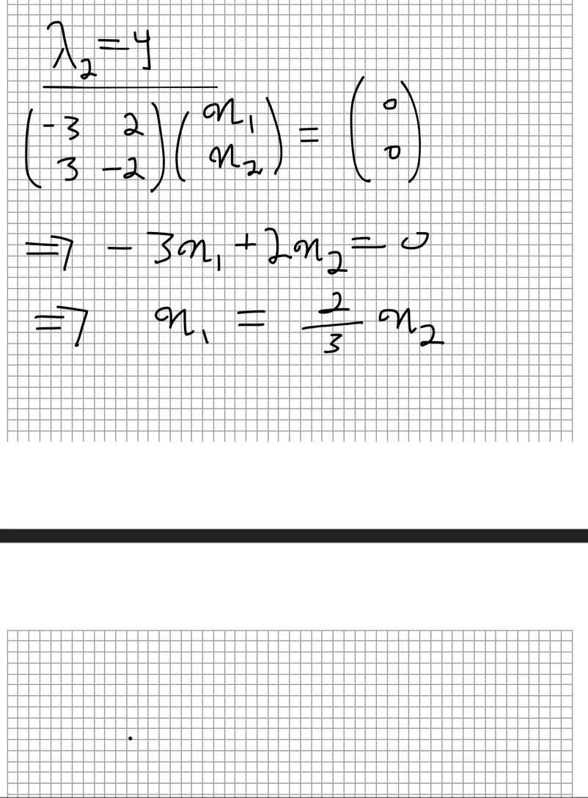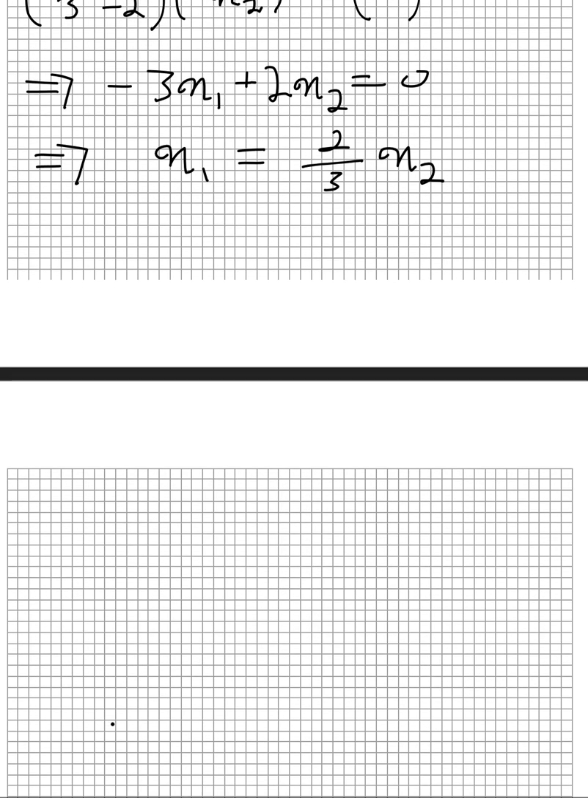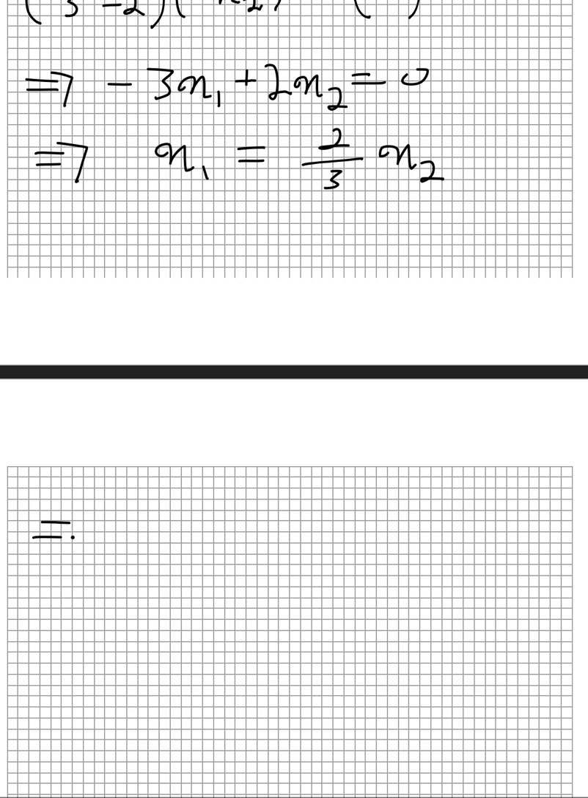Cool. So with that being said, the eigenvector then becomes nu, which is going to be 2/3 nu2 and nu2. So getting the first element in terms of nu2 because we can, and that also makes the most sense. And this implies that our second eigenvector,